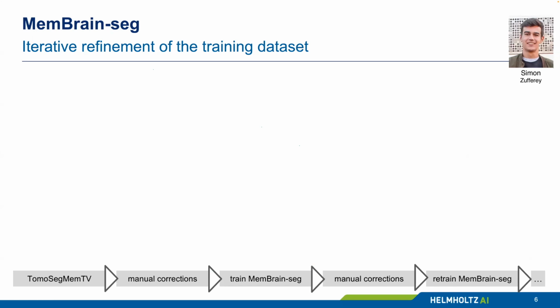So what we did was extract small patches around regions where it performed well, but also focusing on regions where it had some problems. And we manually corrected those regions and then used all this training data to train our first model of Membrane Seg. But that was not perfect, of course. So what we did in the next step was take this model, predict on some tomograms as well, and extract again the regions where the model had some problems. And corrected that manually again, merged it into our training data set and retrained Membrane Seg. And we did that in a couple of iterations, and the model got better and better with that.